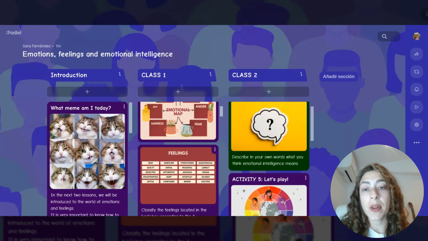I will stop to briefly explain the material developed for activity one, which can be seen in the Padlet. As you can see, there is a map of emotions that collects the five basic emotions, accompanied by an image that represents them. There is a scaffolding. Next, there is a chart with several feelings. The idea is to be able